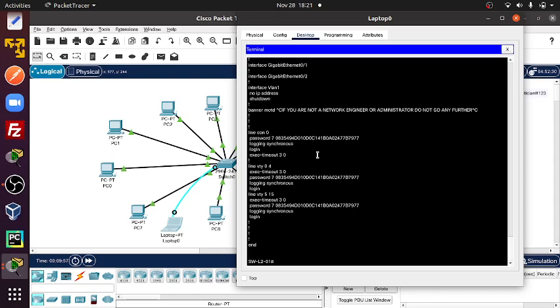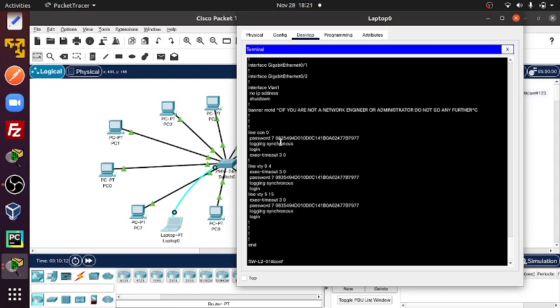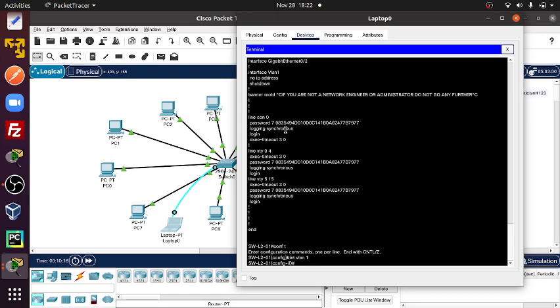So where you implement an IP address would not be on the actual interfaces, but it would be in the switch virtual interface right here, this interface VLAN 1. You see how it says no IP address and it's shut down? We're going to change that. So let's get back into this interface VLAN 1, and let's make sure it's in the same network, right, as this. So we're going to do IP address